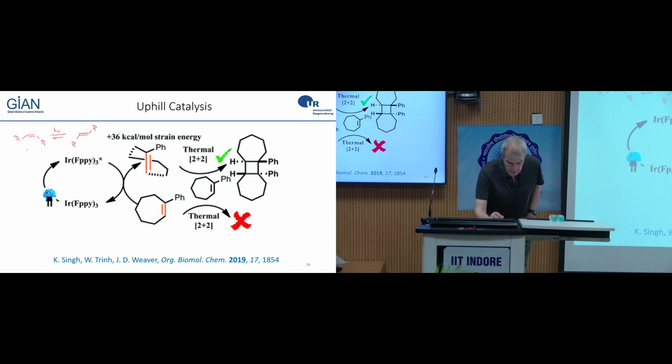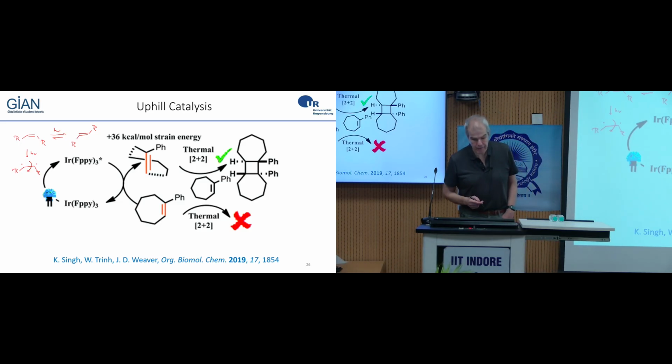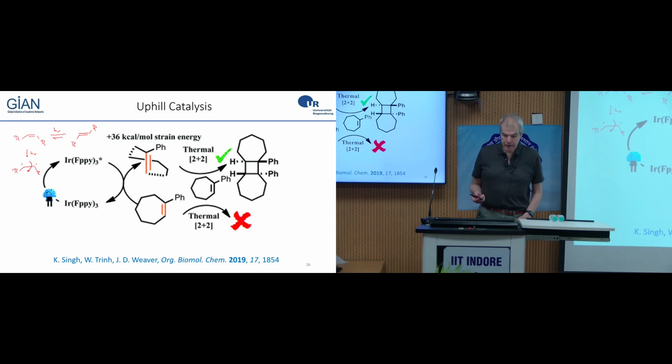And the reason this probably works is you go through the excited state, you can again draw this like as a biradical, and in this excited state you have dissolved the double bond, so you can rotate around the single bond, and so you can get cis-trans isomers, and you see what I asked. And so the exciting thing about this is that if you would have such a cycloheptene here,